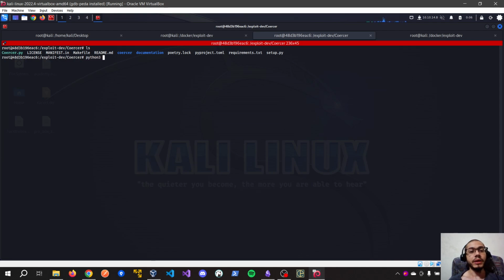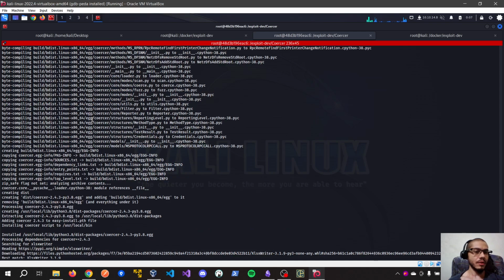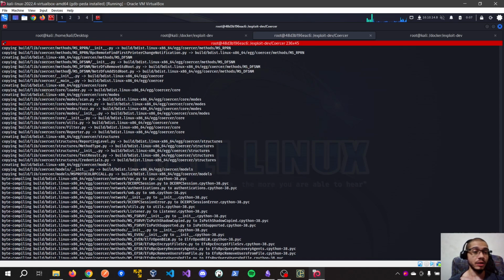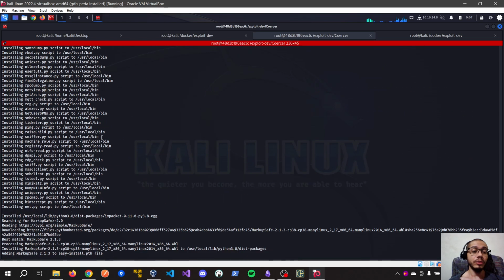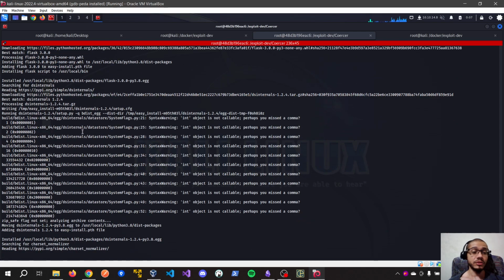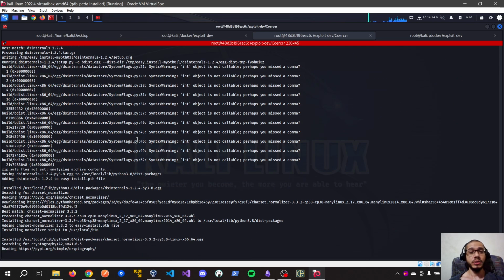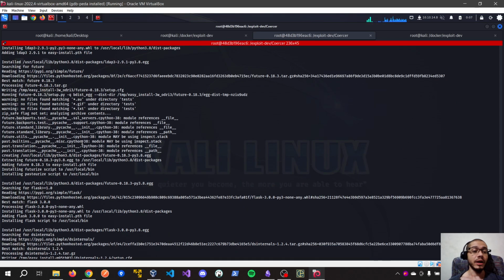For this, we use python setup.py install. Here we can install. You can see that this package is installing a lot of packages. Basically, those would be the steps that we would need to do in our target to be able to use this package: install all of these packages in the target.